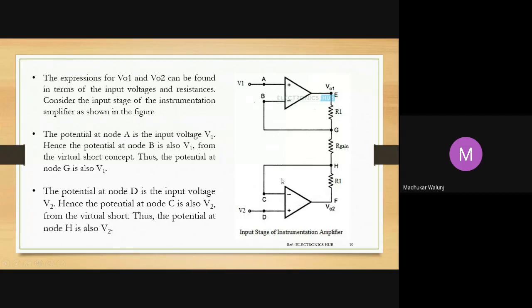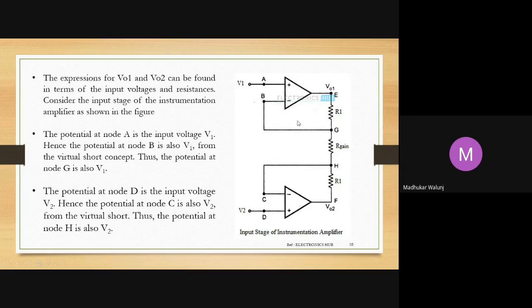This is a buffer amplifier. So whatsoever is at D will be available at C, and whatsoever is at A will be available at B. Means B and G are the same, C and H are the same. They are taken only for the case where the current is flowing from E to F. So that current will not flow from G to B or H to C. That's why we have two points for the same location.